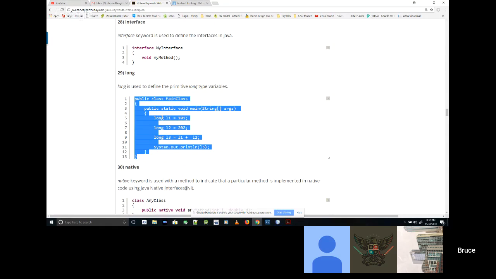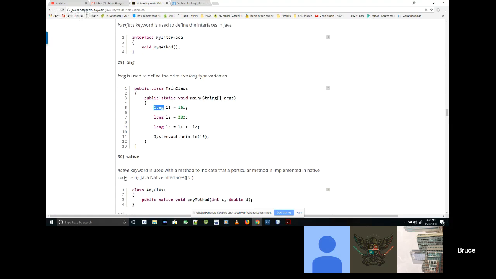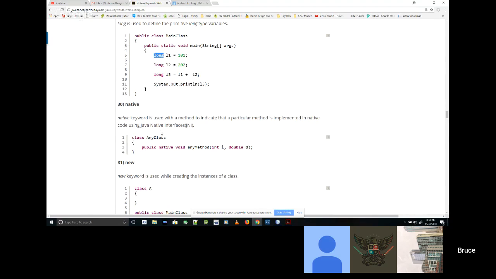Long is another data type. It is actually a bigger int. Now, remember, they do have an infinite precision integer, but it's a different kind of class. For a built-in type, this is a long, which is a number that can be an integer type, but it can be much larger than an int. And I think an int can go to, I don't know, a couple billion before it runs out of its ability to record itself. So it has to be a pretty large number for long to step in.